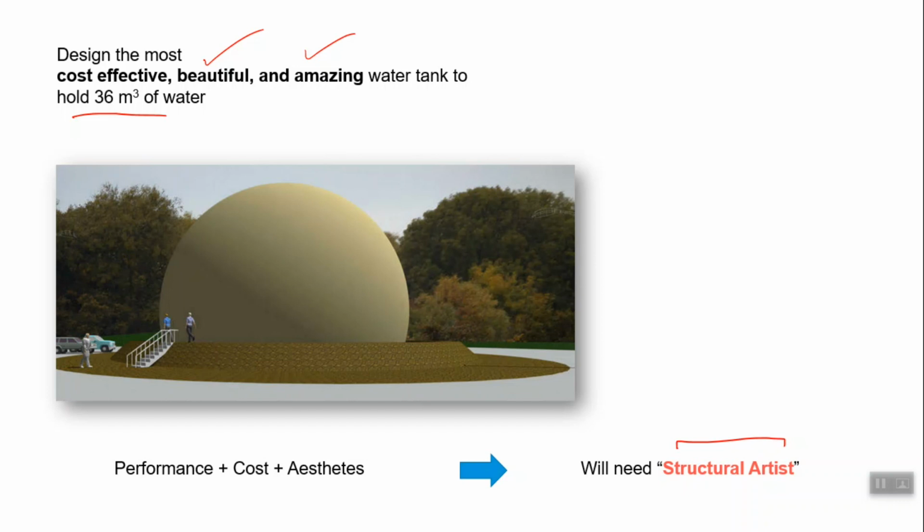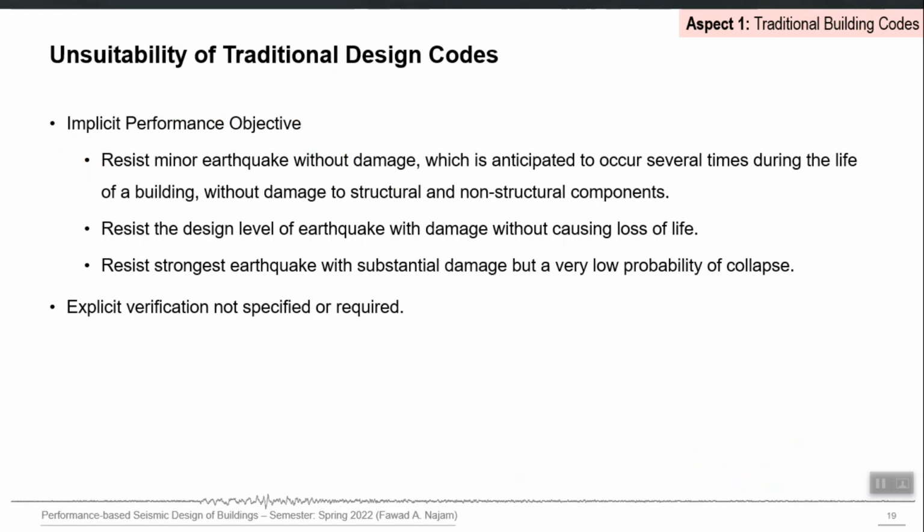So, conventional building codes lack in this aspect also, because if they were successful, we would have seen it in our current generation of traditional structural engineers. But mostly they are all conformist; they follow the particular provision. So, the implicit performance objective